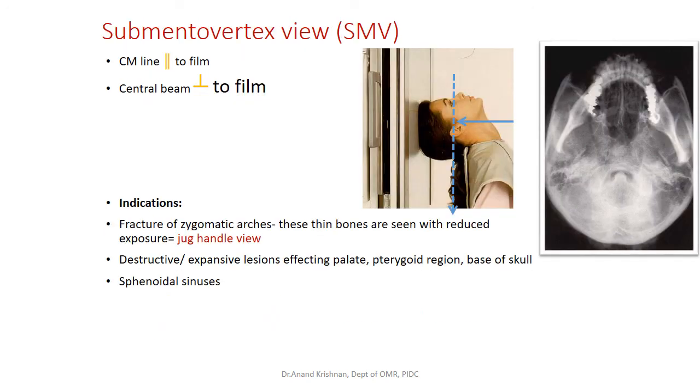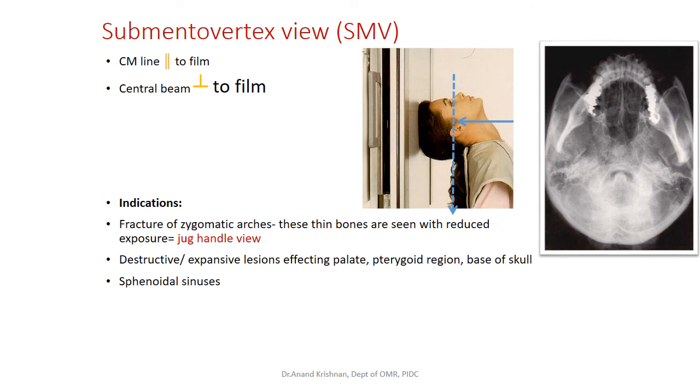Then the submental vertex view. Here, the patient tilts the head extremely, so that the canthomeatal line is almost parallel to that of the film, and the central beam is parallel to the film. It is indicated and very useful in terms of assessment of fracture of the zygomatic arches. And